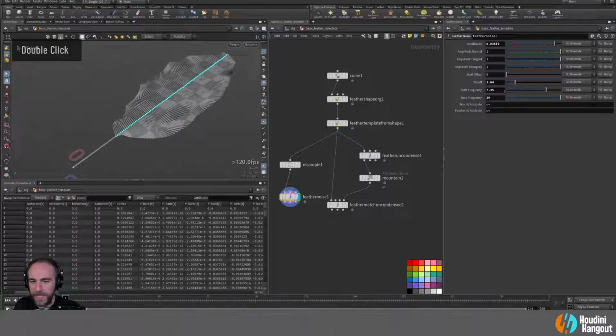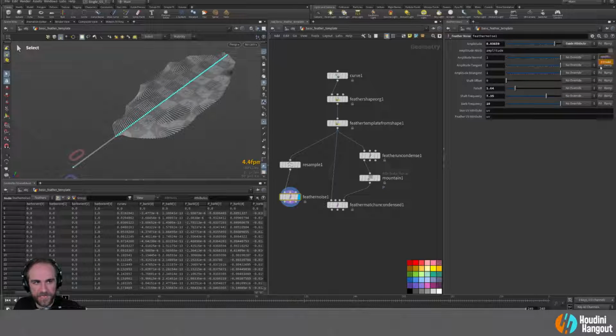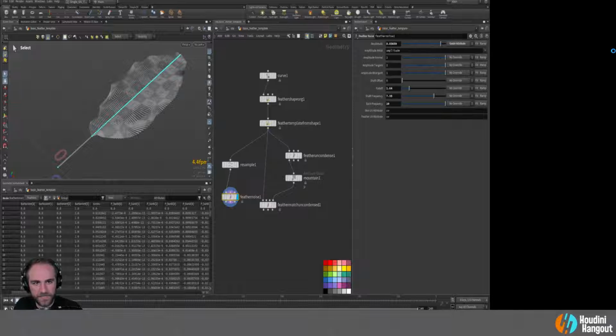center spine. And what I could actually do here is change the amplitude based on, I think, a guide attribute would be what I'd want. I can use curve view, and it's just going to calculate for a second there, I think. Hopefully. Yep. So this is all OpenCL. All of these